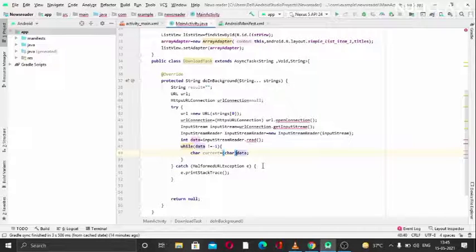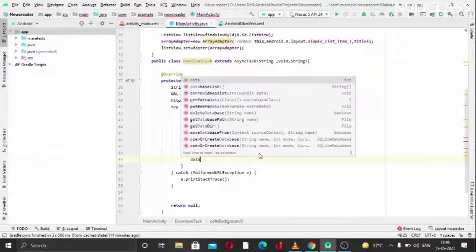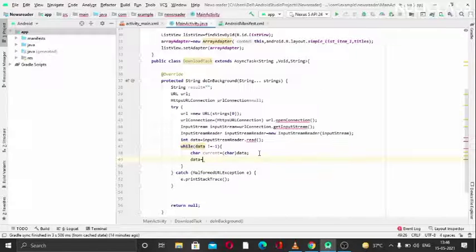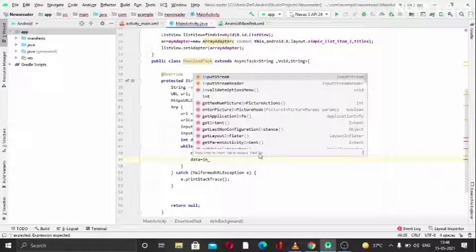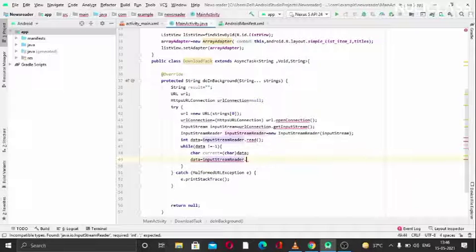After doing that, we just need to implement another variable, I guess. We need to implement the data, so we can use this data afterwards. I just use data is equal to input stream reader dot read. This will again read, as it can be char data also. So the input data, like int data, sorry, we will typecast that into char, and that will be read by the input stream reader. Okay, I think we are done with this part.